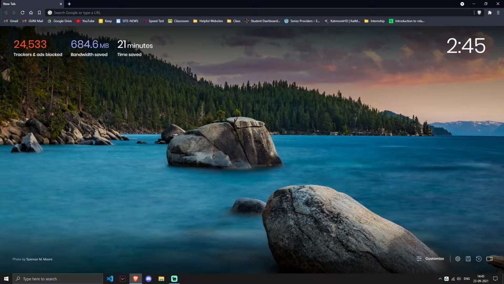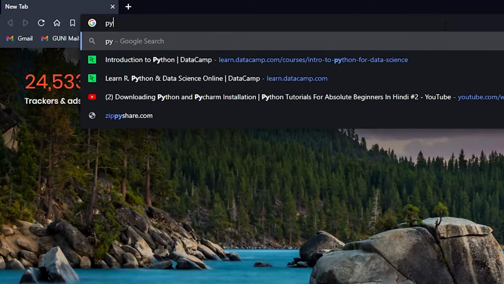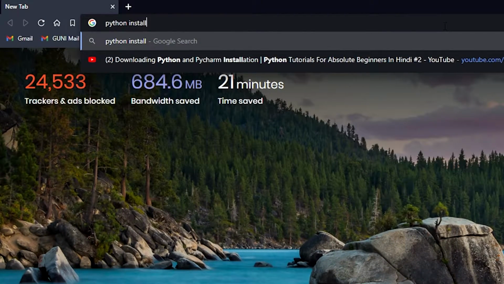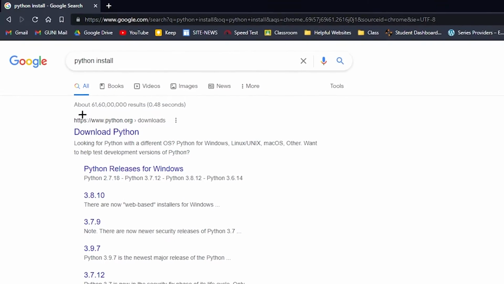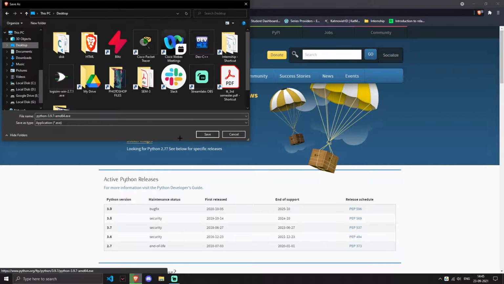Hello everyone, today I'm going to show you how to install Python in your system and also PyCharm in your system. So first of all we have to go to Google and search Python install. The first website, python.org, click on that, download Python, click here, download Python 3.9.7, let it download,